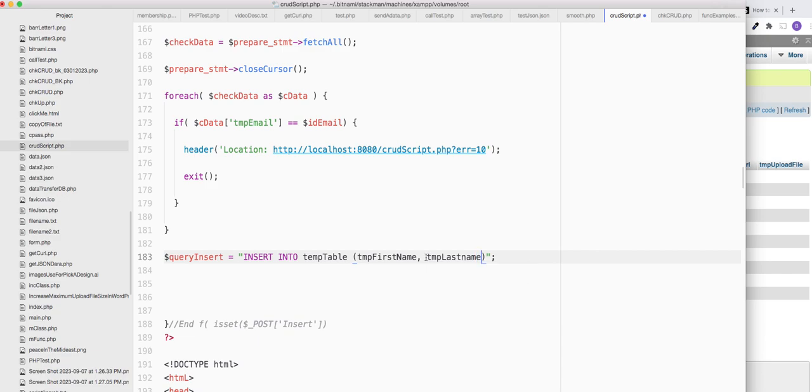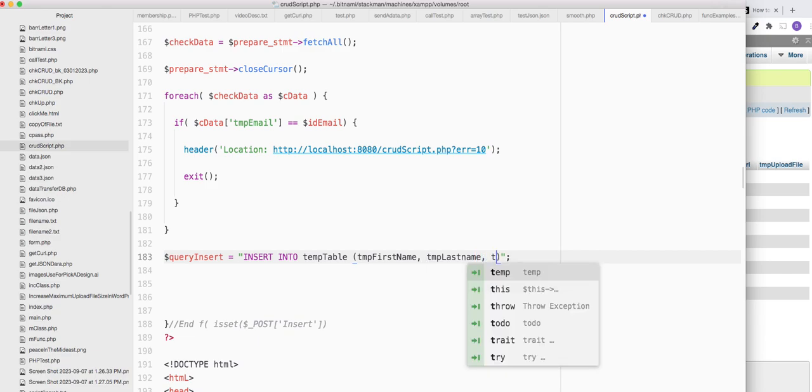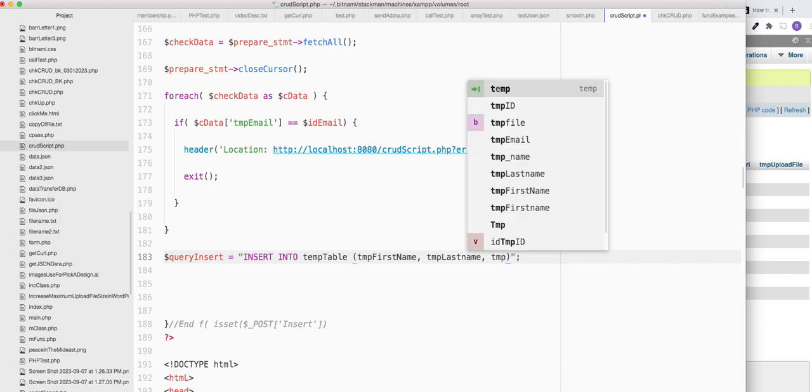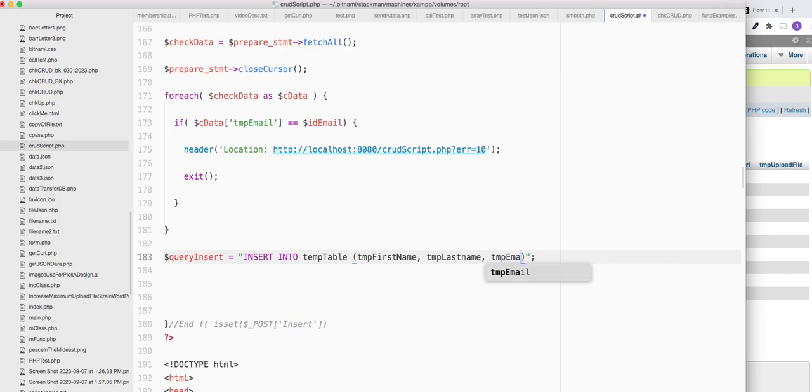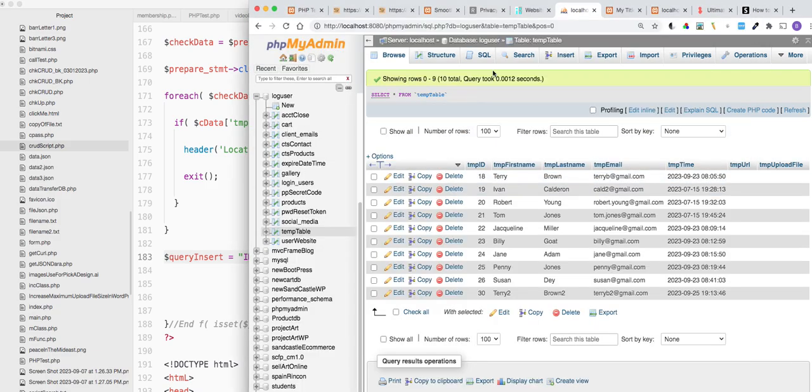Then you're going to say temp email. Like that, see? And then you're going to say, okay, I want you to insert it into these fields, which happen to be